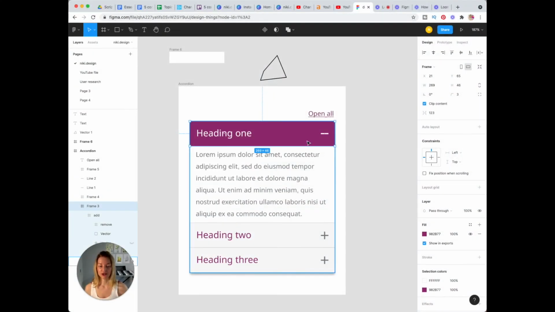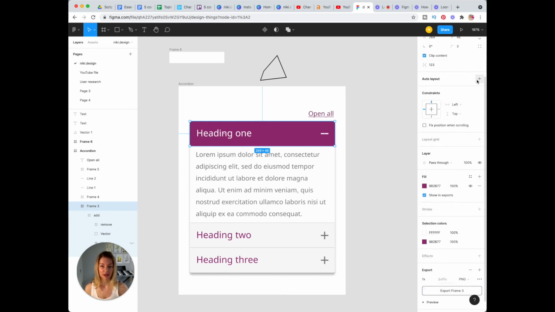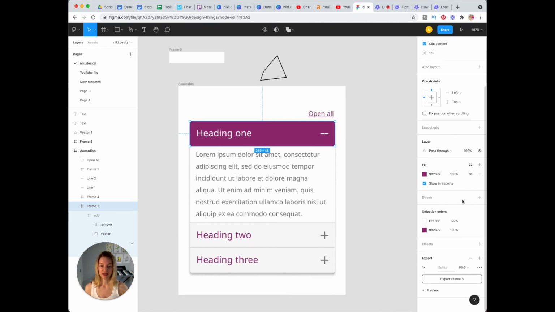Okay, now we're going to look at this properties panel. And I have this element selected. So on the properties panel, we have multiple tabs: design, prototype, and inspect tab. On the design tab, that's where you are able to modify the properties. For example, you can see that this element has a border radius of 3 pixels. It doesn't have an auto layout, although I can assign an auto layout to it. It has a fill color and I can assign a stroke color to it, I can export it, or I can add effects like drop shadow to it.